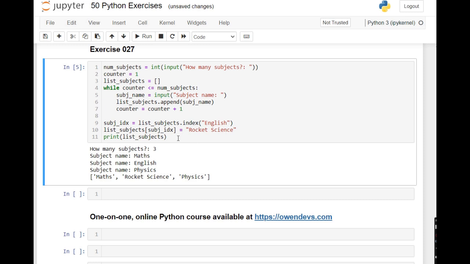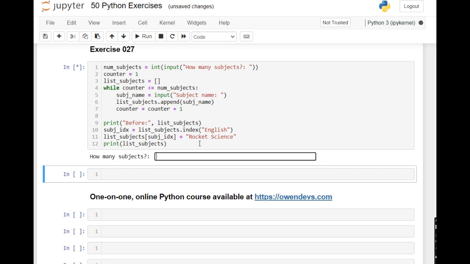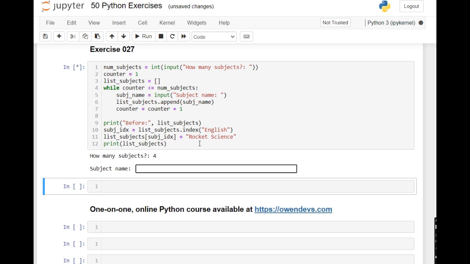We can make it more obvious by printing the before and after. Okay, so let's do that again. How many subjects? 4. Subject name,